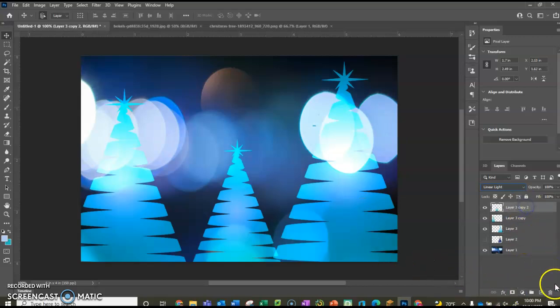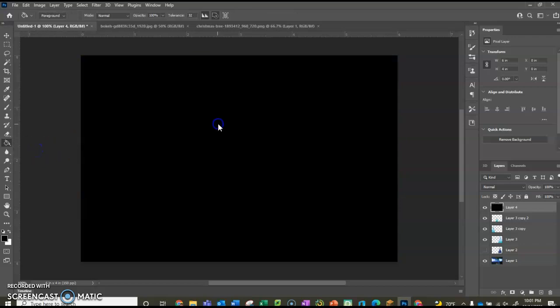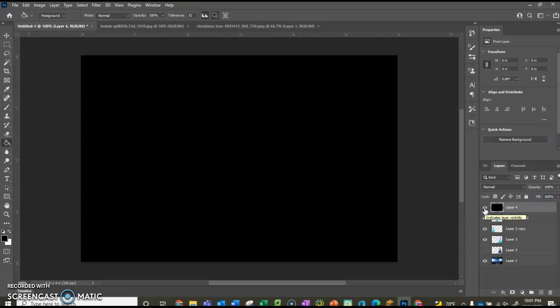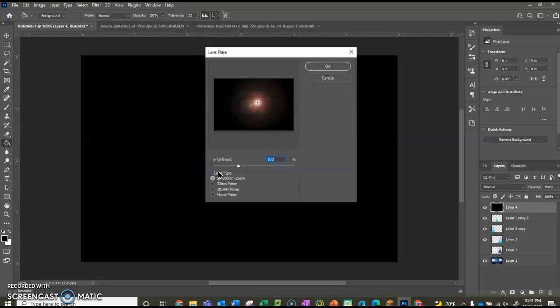All right, and then we're going to go up here to the top and make a new layer. We're going to click this and it'll take me back to black and white. We're going to right click and go to the paint bucket tool and make a black layer. Now, I want you to remember where your star is in the center here. Okay, so if you go to Filter, Render, and go down to Lens Flare,